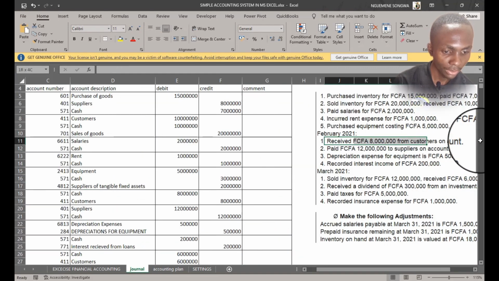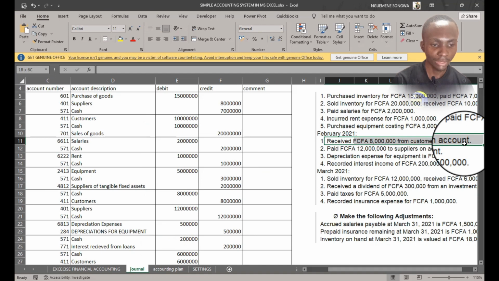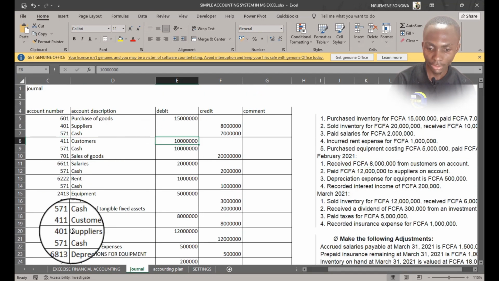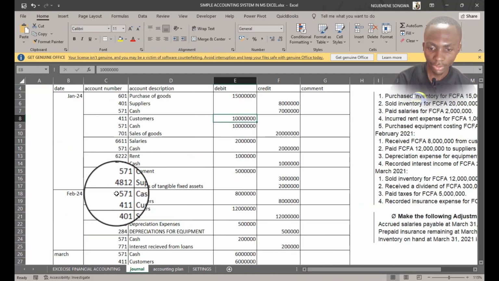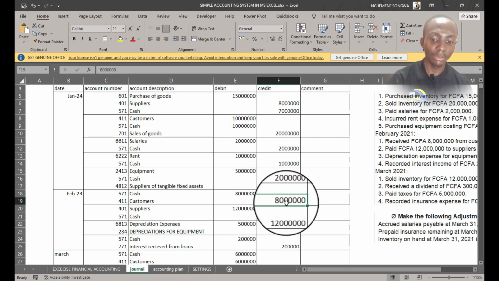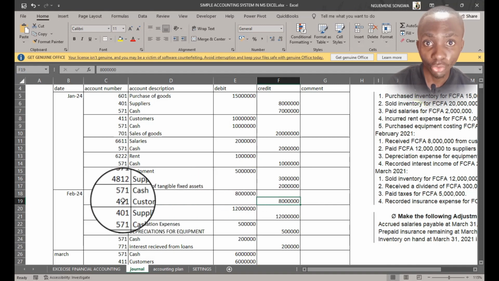February, we had received 8 million from a customer on account. Already we sold goods to a customer and he's owing us 10 million. So in the month of February, he is going to give us 8 million, so we are going to credit the customer by 8 million. I'm just using general account numbers. I've not specified the third party's account, so I'm just using the general account number for customers